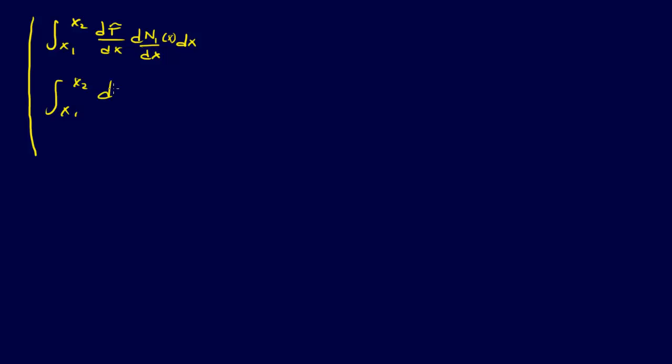Okay, now let's plug this back into the original equation and simplify, but let me just move over to another column so we have some more room. So here we go. What we're going to come up with is, and I'm just going to write this out because we've already started writing it out with n1 and n2, the integral from x1 to x2 of dt dx dn1 dx of x, this is dx, and then here we have the integral from x1 to x2 dt dx dn2 dx of x, and I'm going to bring the other term to the other side of the equation, so that is going to equal